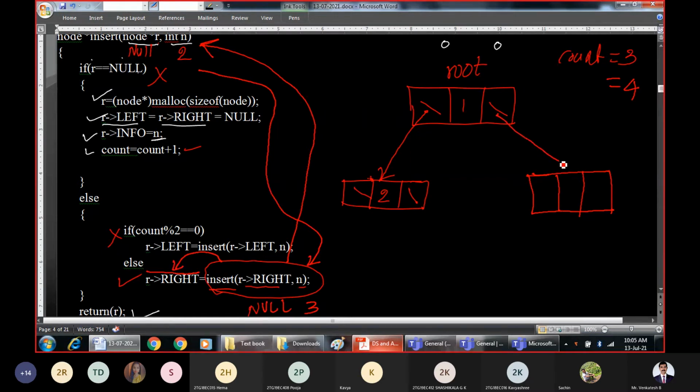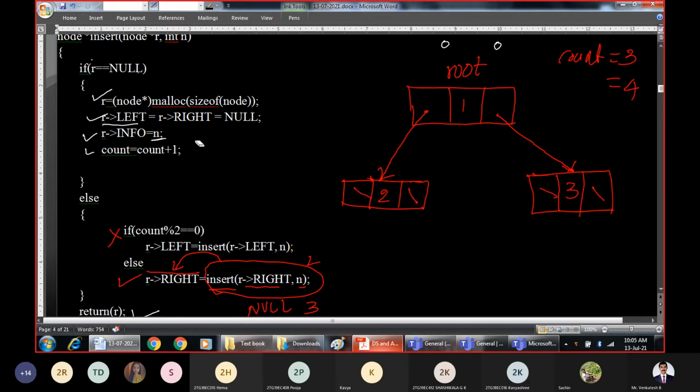So now R pointer right is this, with the element 3 and null. We have inserted 3 nodes in the binary tree successfully.